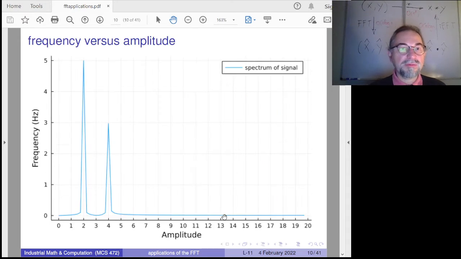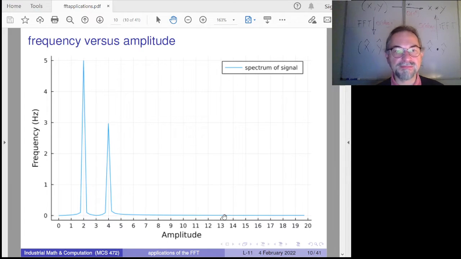Okay, so then we see the spectrum of the signal. What we see is two spikes. One spike has height 5 at position 2. So that means that we have an amplitude 2 signal running at frequency 5, and then we have an amplitude